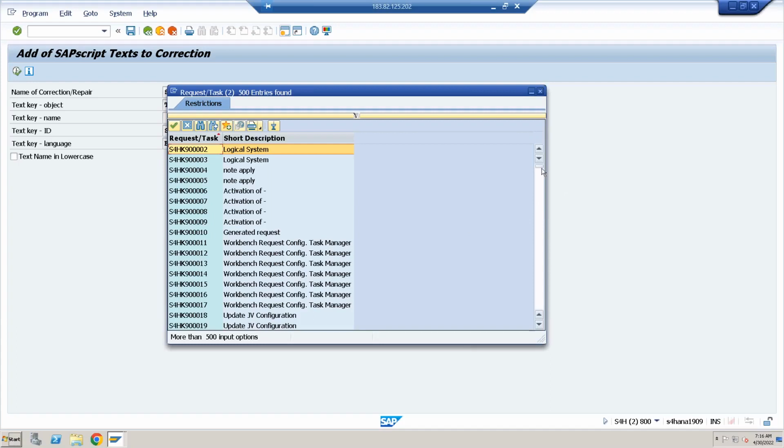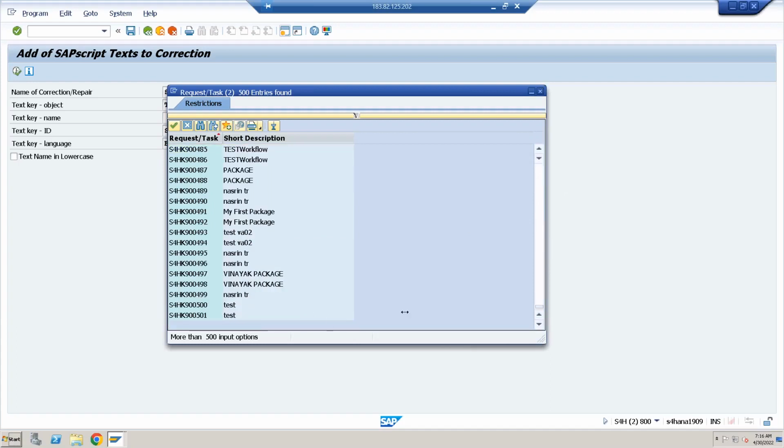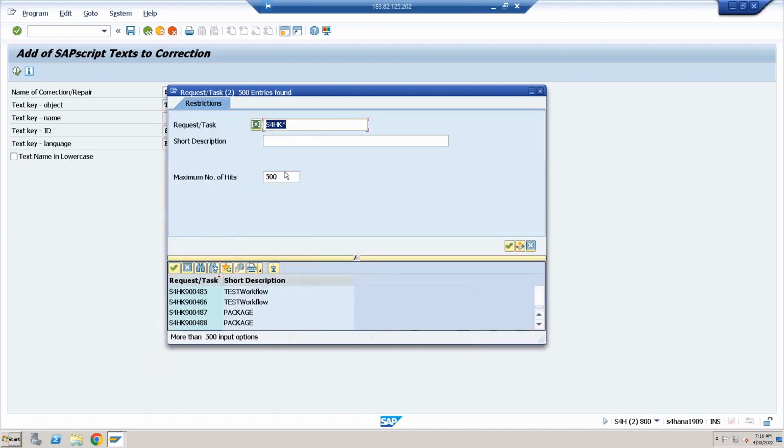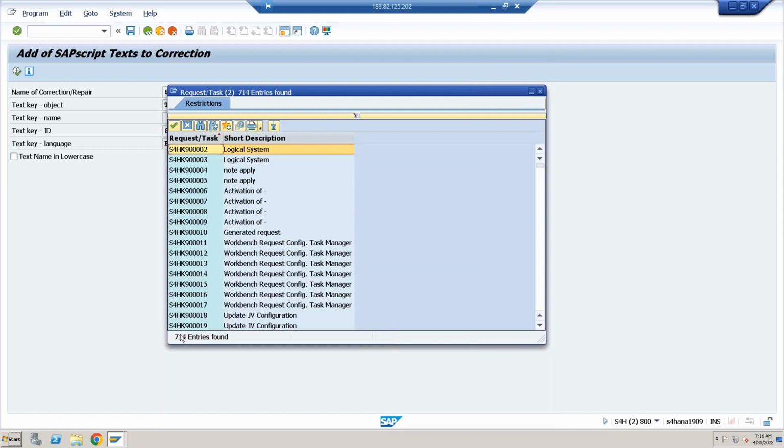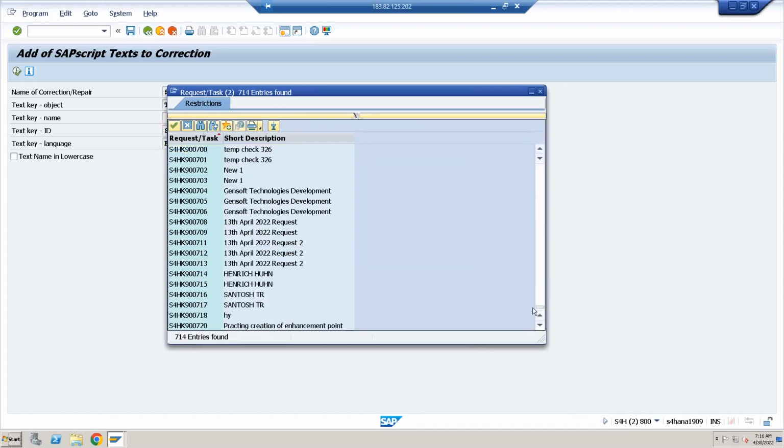So if I scroll down, it is still not showing, might be still not sufficient. I can change the number of entries. I'll change it from 500 to 2000. Overall, 714 entries are there, starting with S4HK. So if you scroll down,